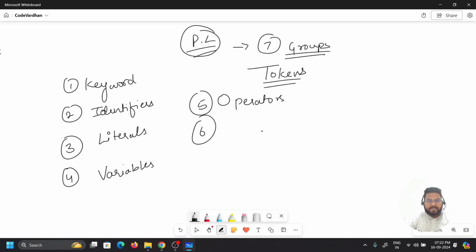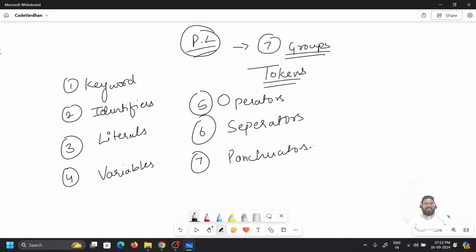Sixth, we have separators. And seventh, we have punctuators. These are the 7 very important groups through which the entire programming language is built. Anything in the programming world is grouped into these 7 categories only: keywords, identifiers, literals, variables, operators, separators, and punctuators.